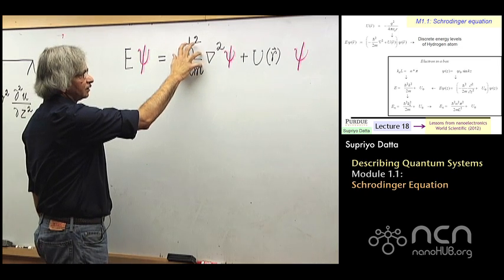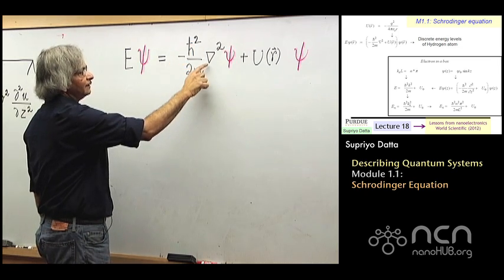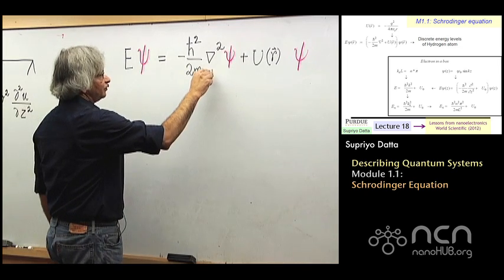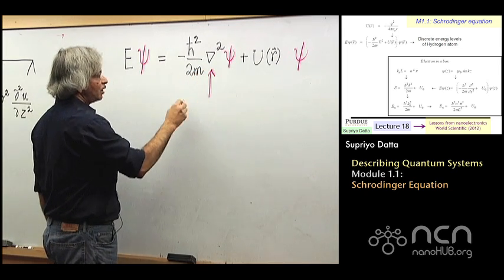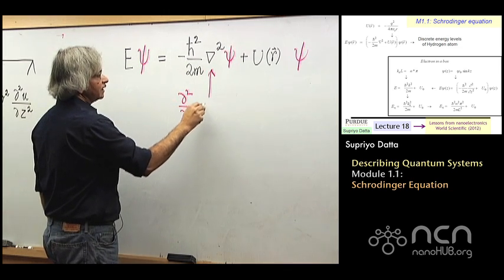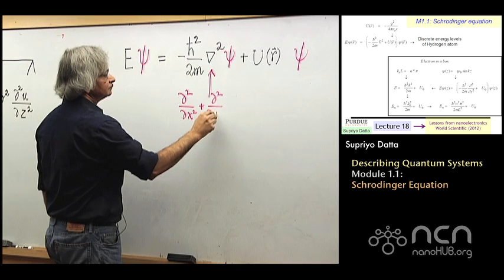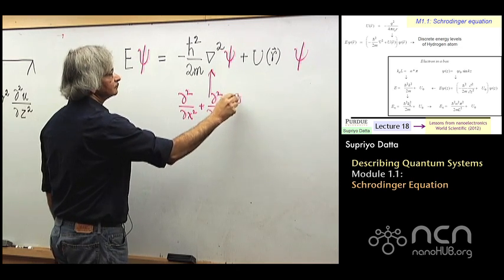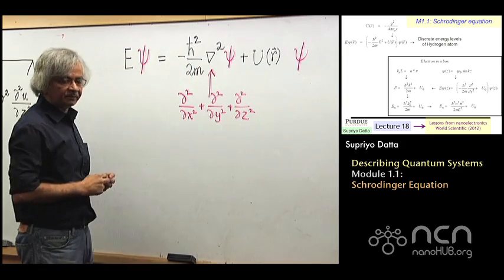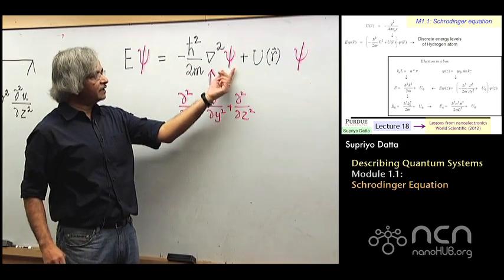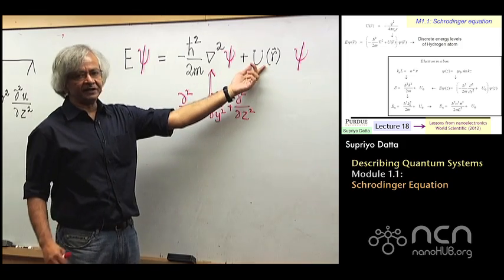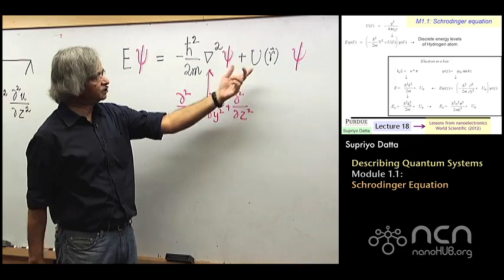These are fundamental constants. And this is del squared, which in 3 dimensions is the sum of second derivatives in x, y, and z. That's what's called the Laplacian, acting on psi, plus the potential energy that the electron finds itself in,